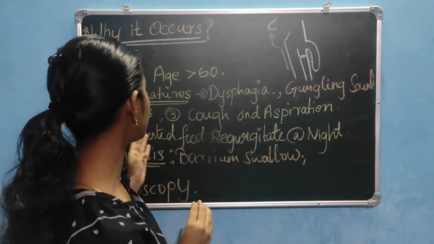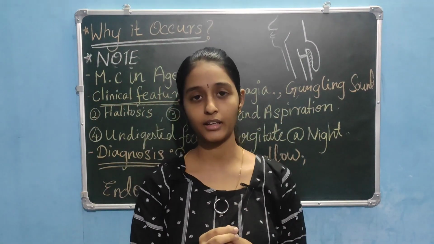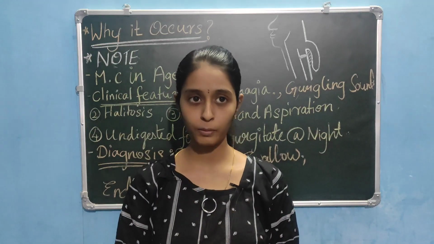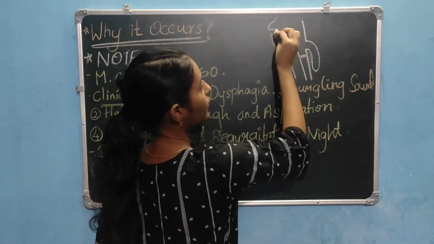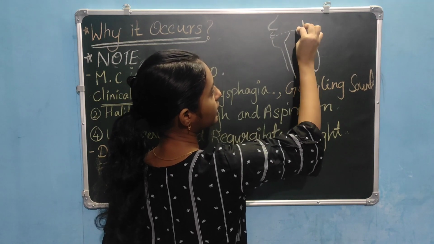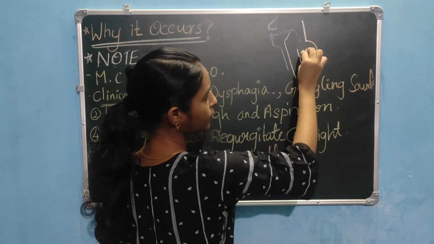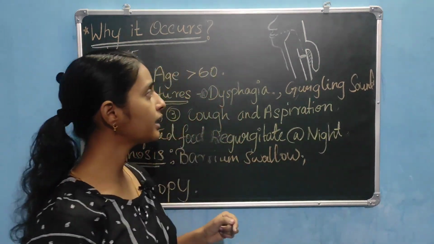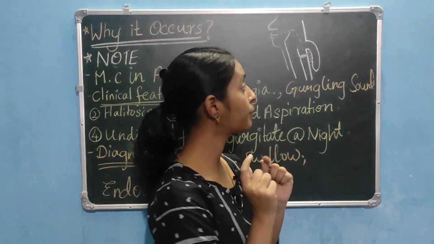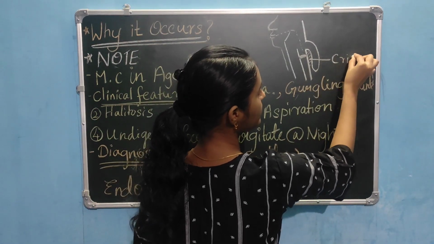But here there is constriction of the esophagus, that is, it doesn't open properly. So when we eat, the food enters here and tries to move into the esophagus, but because it is constricted, due to the cricopharyngeus muscle,